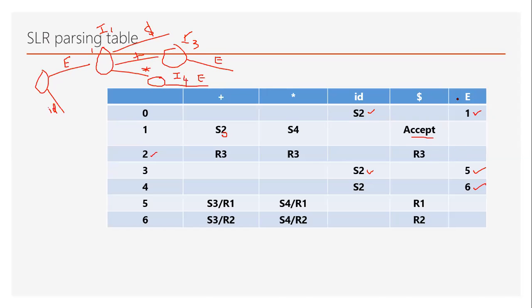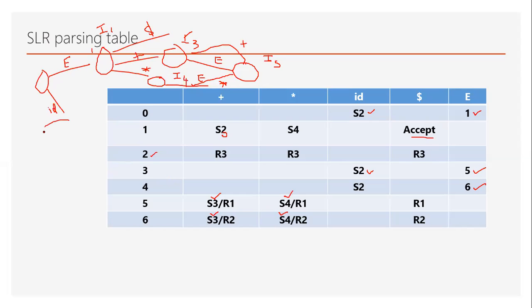But from I5, not all over, okay, because from I5 we are having one more. That is, if star means, if plus means like that. If plus means it will go to S3, and if it is star means it will go to S4. Okay, like that, that also we write S3 and S4. Similarly, from I6 state also we are having shift on plus and shift S4 state on star. Okay, that also you will write. All shifts are over. Now you have to find out where dot is at the end.